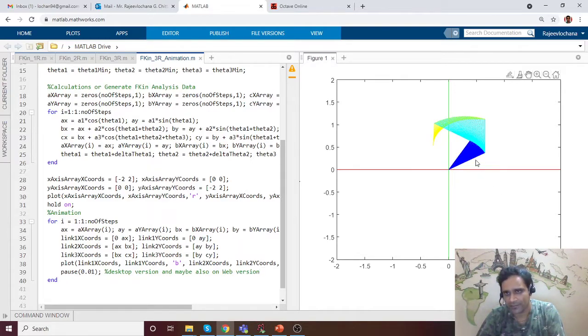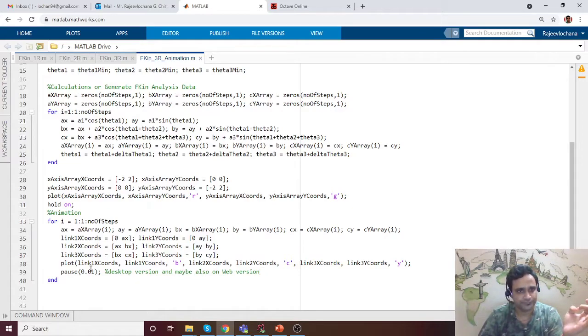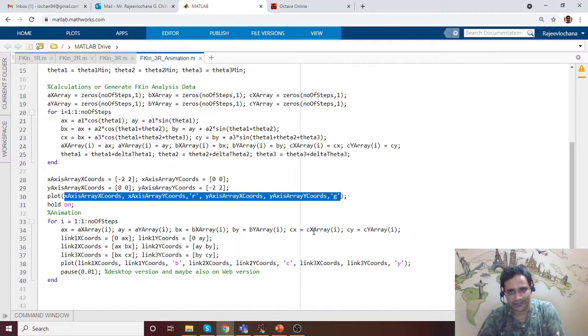Okay, so you can see that it just moved. All these lines were there, but we still have a lot of lines there. We don't want that to happen. We want it to erase every time. If you want that to be the case, then whatever we had earlier, we can put it back.